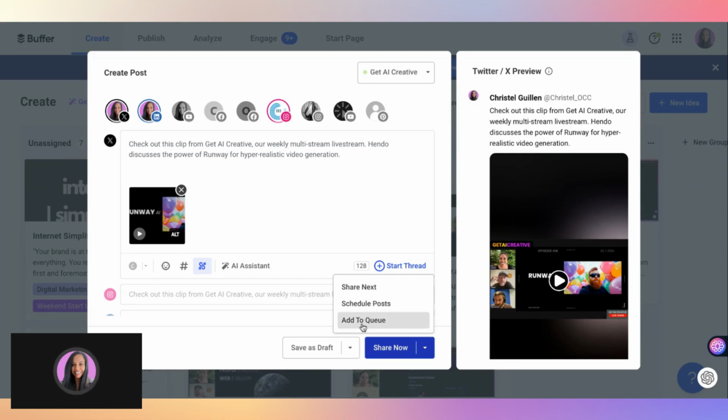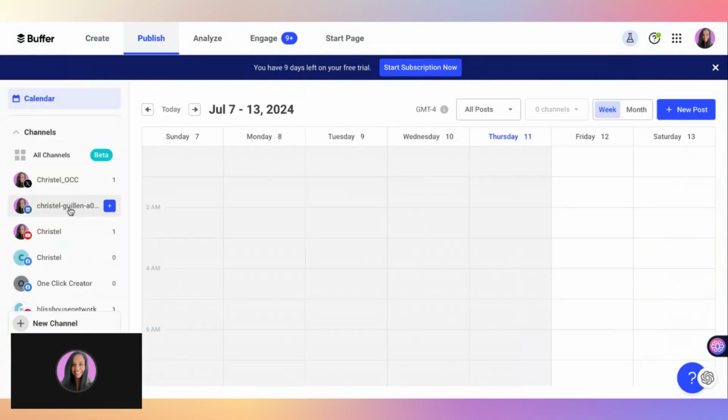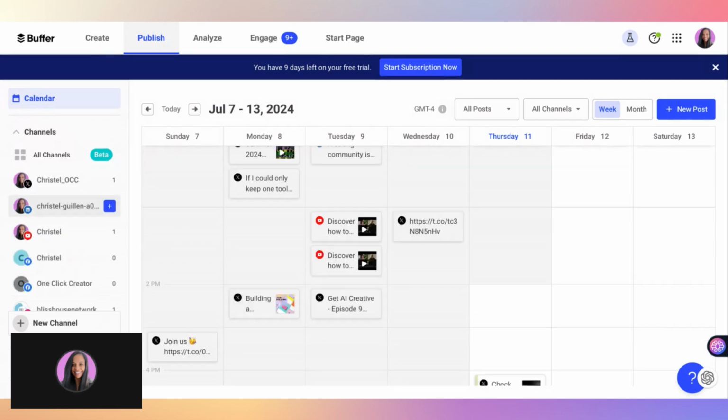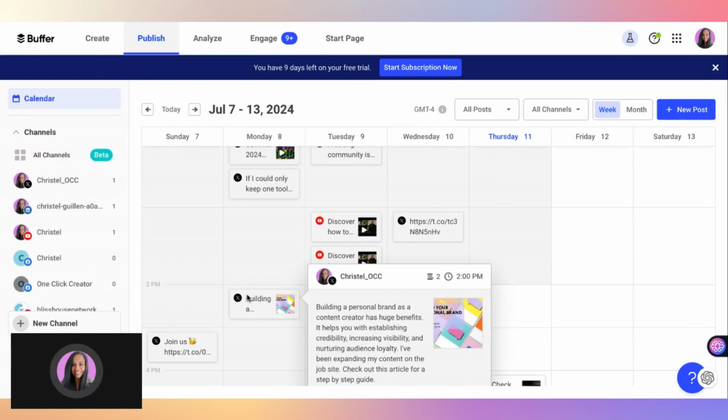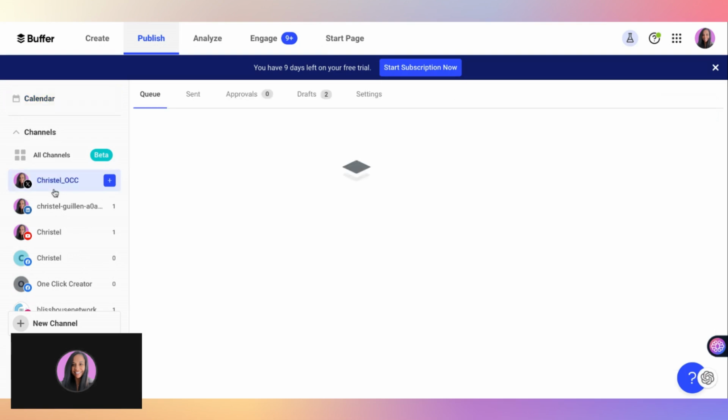I love using the add to queue feature because of what it does, and I'll show you here in publish. You can set up, for each of the different platforms that you have connected, these are all of the channels that I have connected. You can actually set up how often you want to post on each of these. So if I go to X,